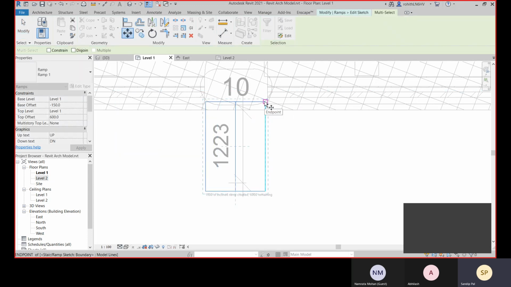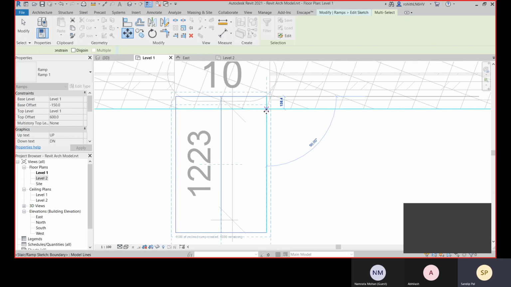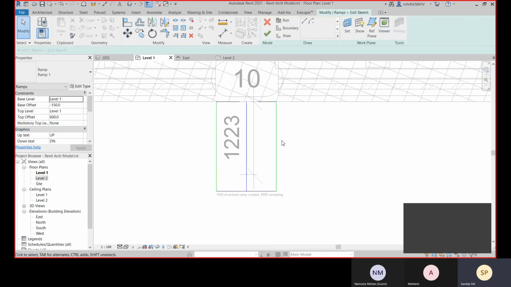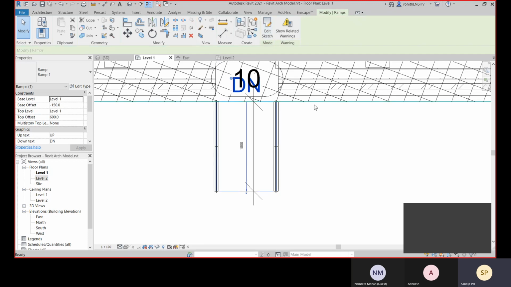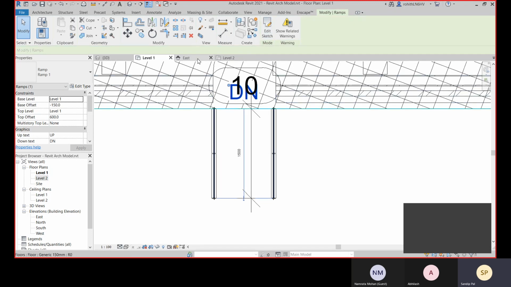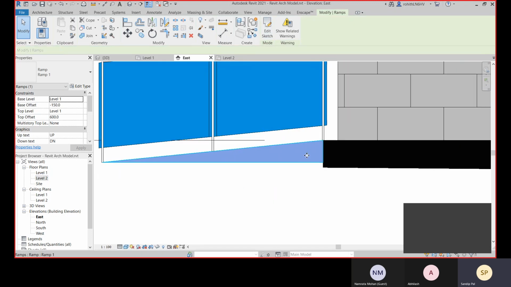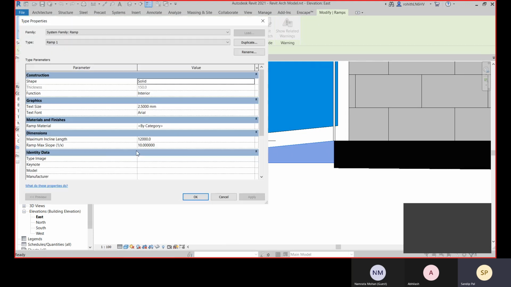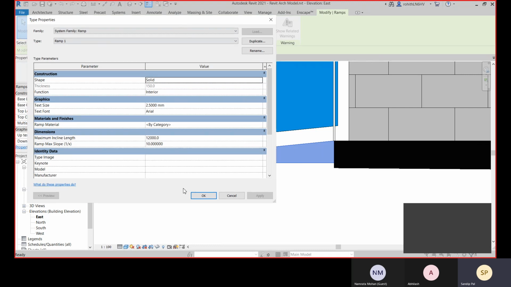Let me move it to this position. So 1500 is the length. That is your run length, 1500.